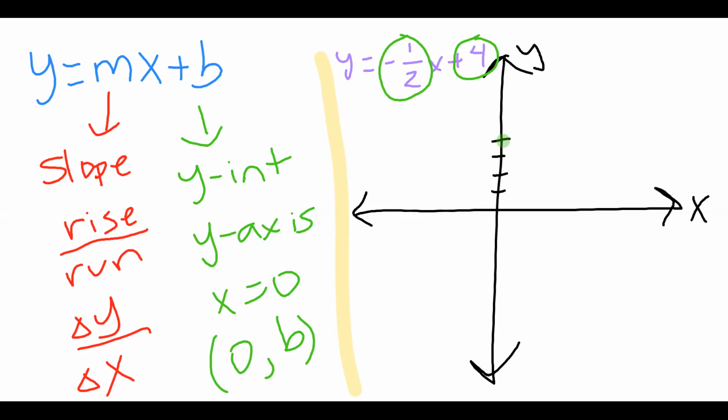So we're going to go ahead and from our y-intercept at 4, we're going to go down 1. Remember, we are looking here at our slope, -1/2. That's rise over run. So the y change, I'm going to apply the negative there. And then with our slope, we're going to go to the right 2. So it's going to go down 1 to the right 2. And we're going to put our next point